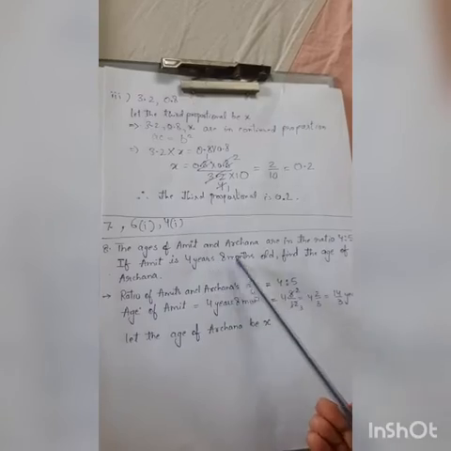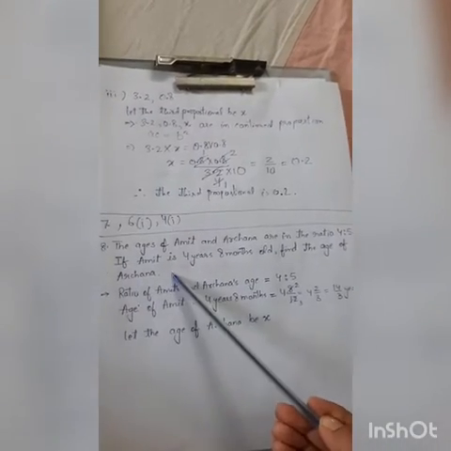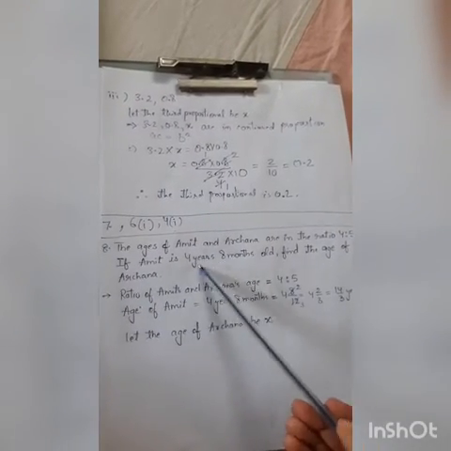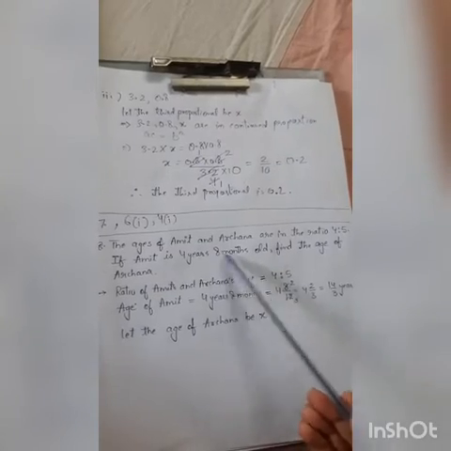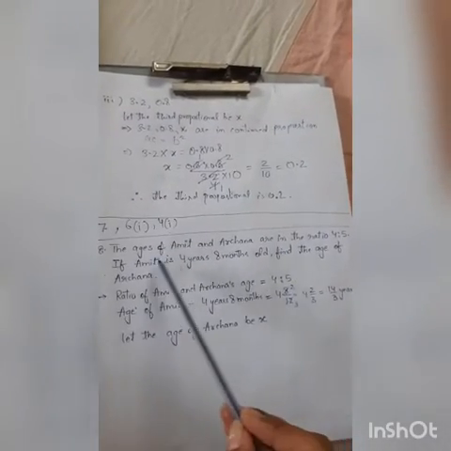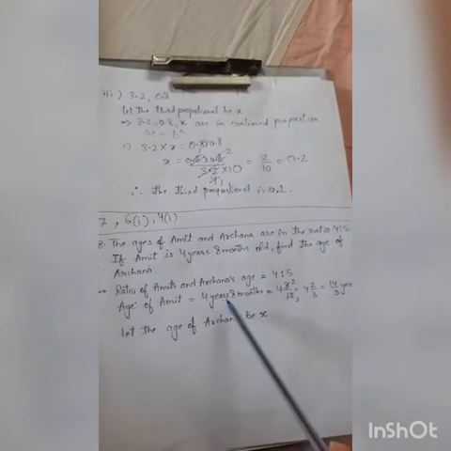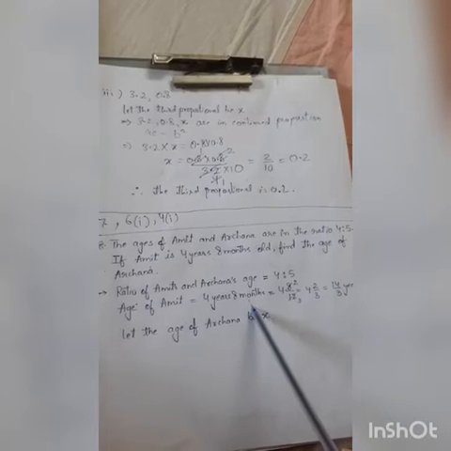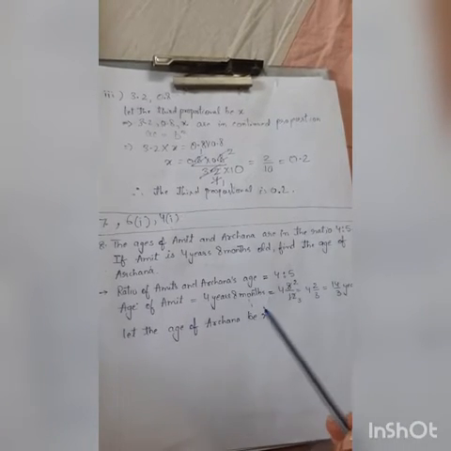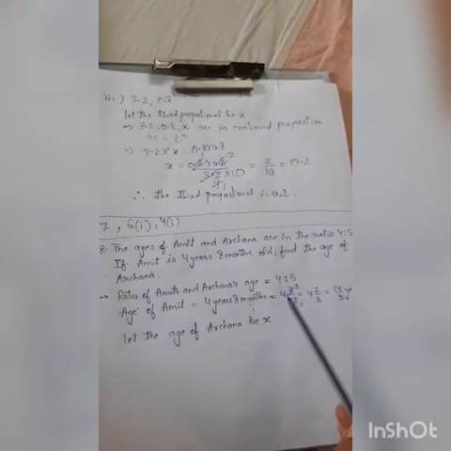If Amit is 4 years 8 months old, find the age of Archana. The age of Amit was given to us, 4 years 8 months. Whenever it is a combination of units, we try to change into one unit. हमें इसमें से अमित की एज पता चल गई, अर्चना की हमें नहीं पता है. ठीक है, हमने अर्चना की x मान ली, अमित की तो हमें पता थी. 4 years 8 months. I have changed 8 months into years.